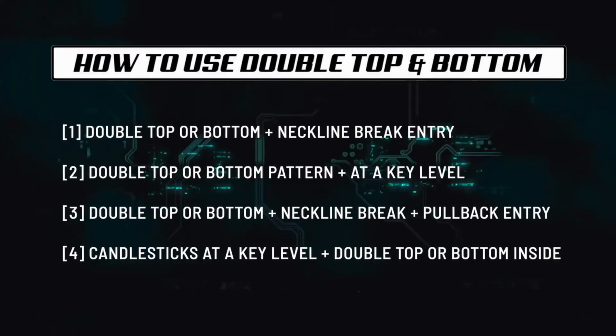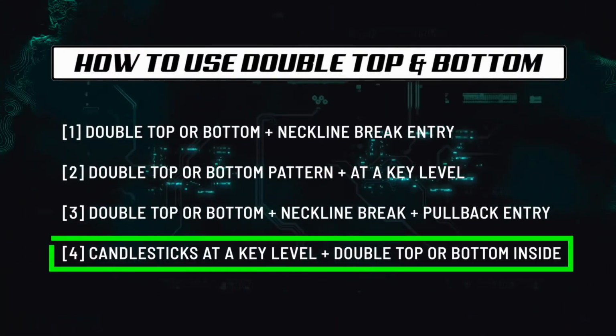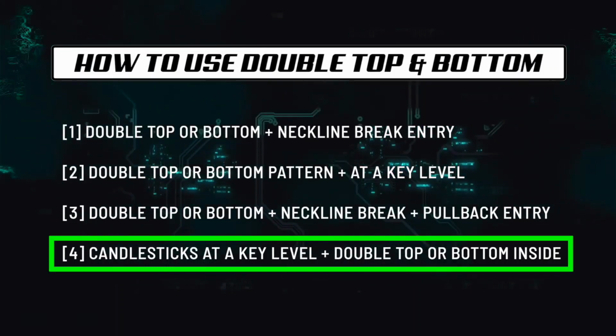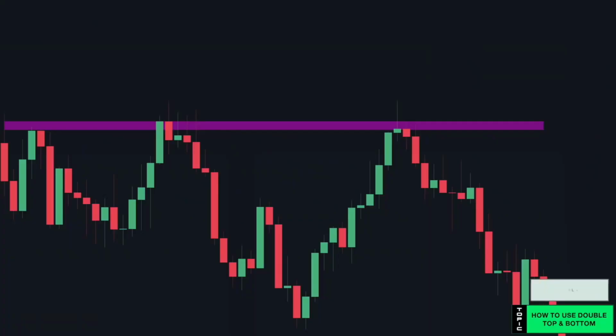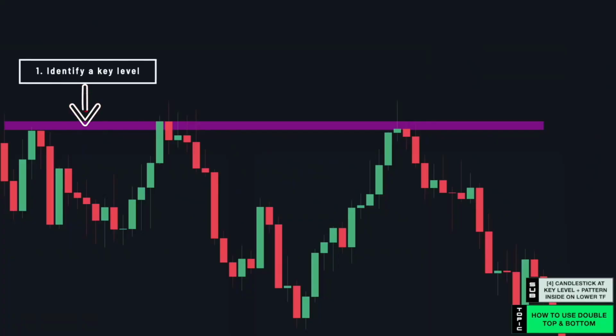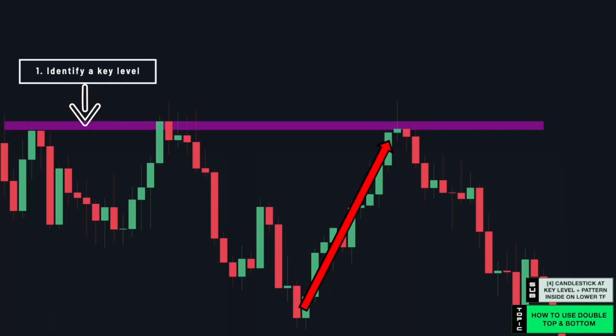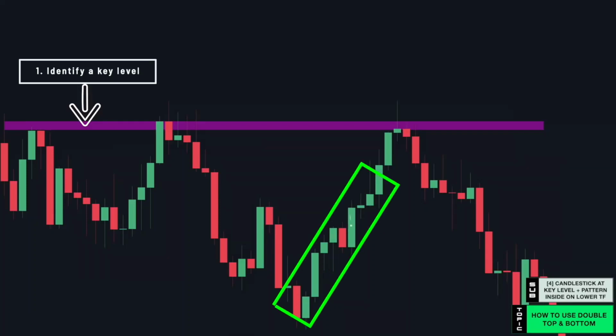So moving on to the fourth variation, candlestick patterns forming at a key level and then a double top or double bottom pattern inside of those candlesticks. So you first look for a key level, which you have through this reversal point here, which gives you a level of resistance. As price comes back up to this level, you were waiting to see if you would get